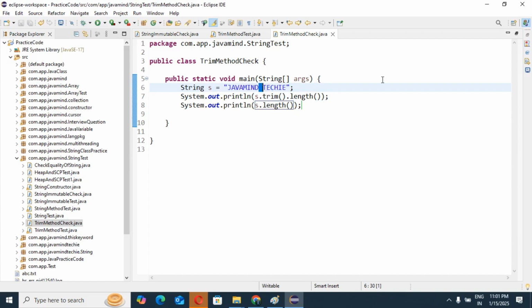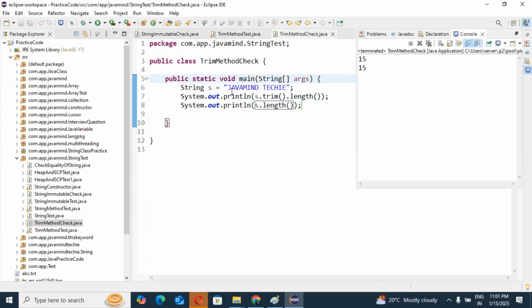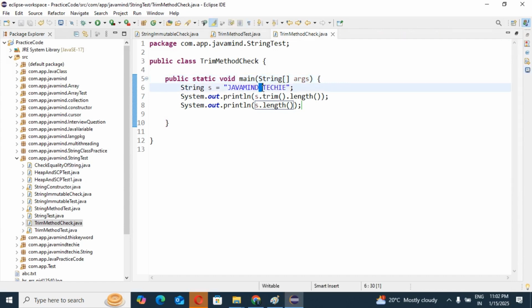Here we have the count: this is 8 and this is 7, so 1 to 14, and this is the one space. So in this case the length is 15 only.